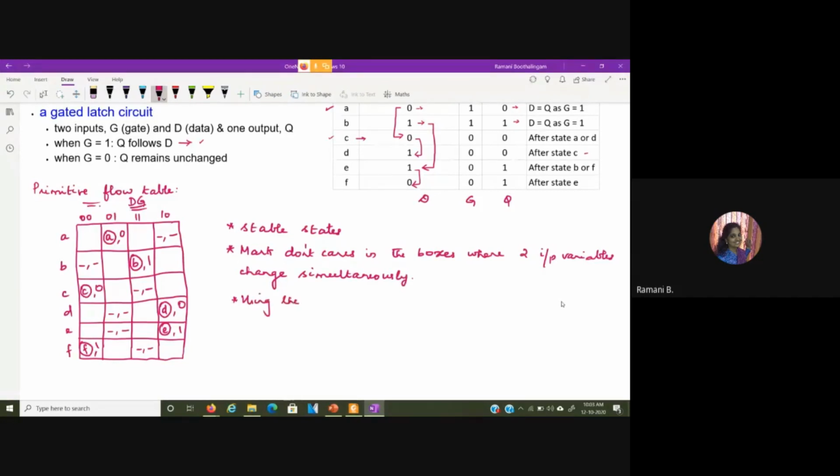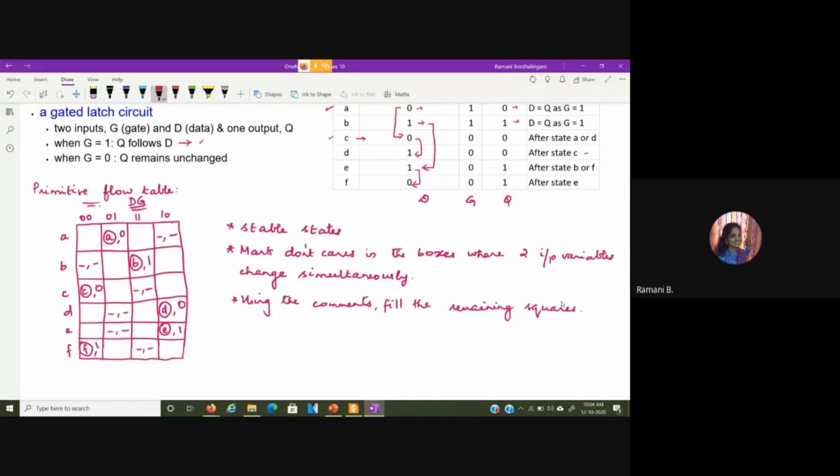Using the comments, that is mainly to fill the remaining squares.